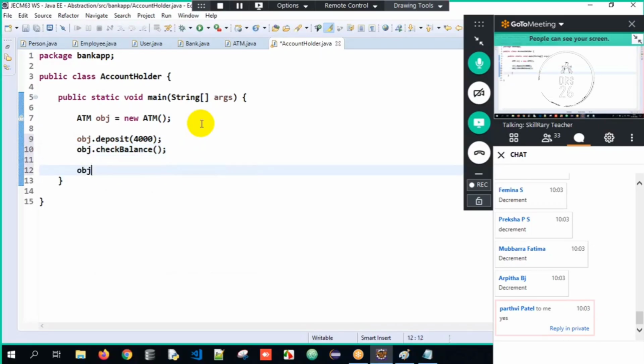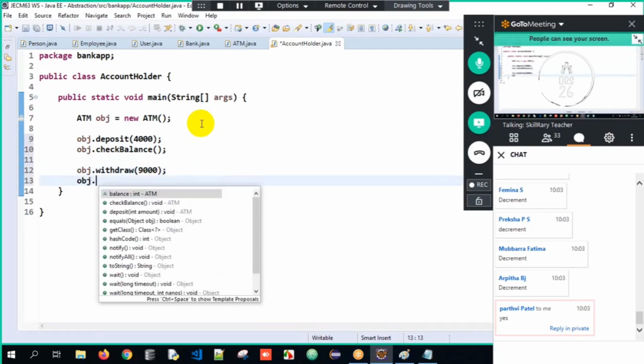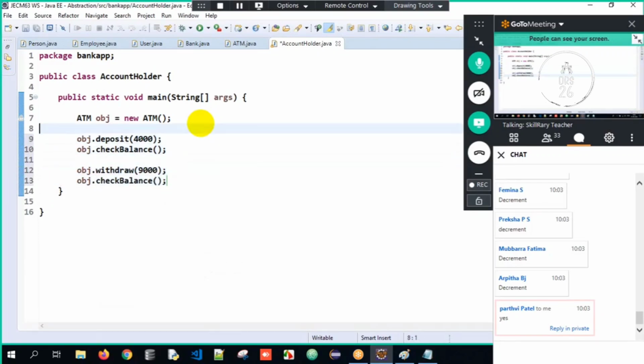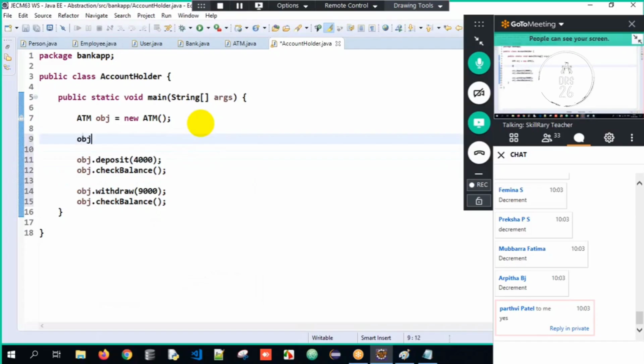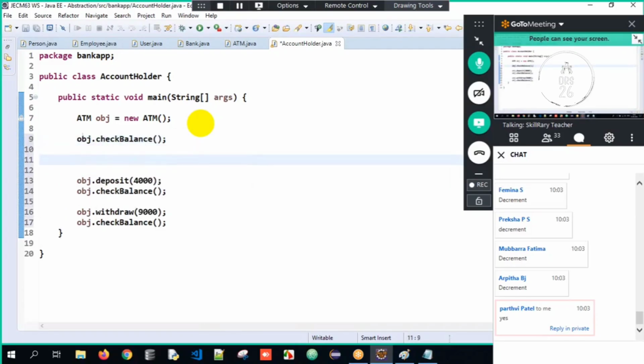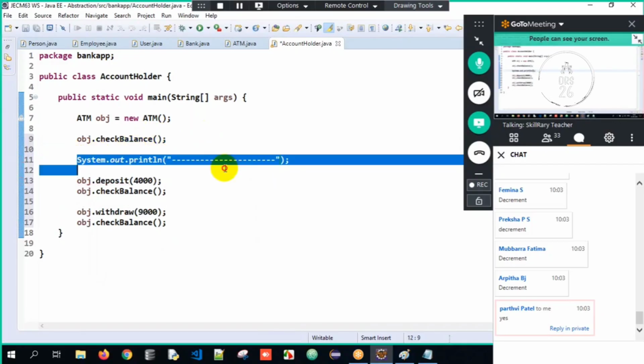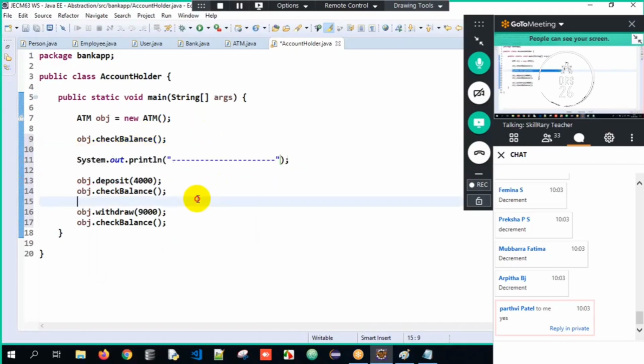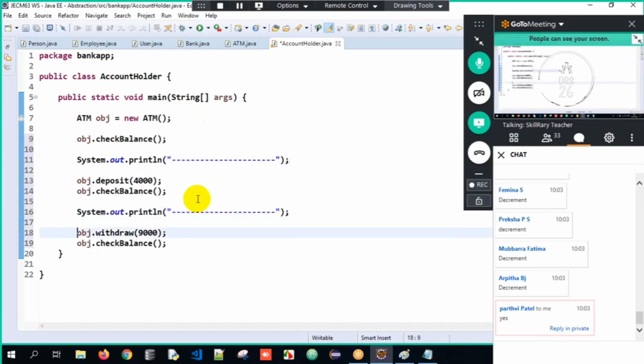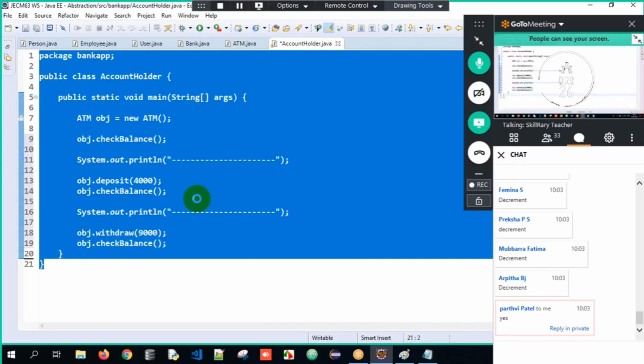Then obj dot withdraw, and I want to withdraw 9,000. Then obj dot check balance again. Initially I'll check the balance as well. I'll differentiate it like this so that you can all understand it. So this is all about my business logic.